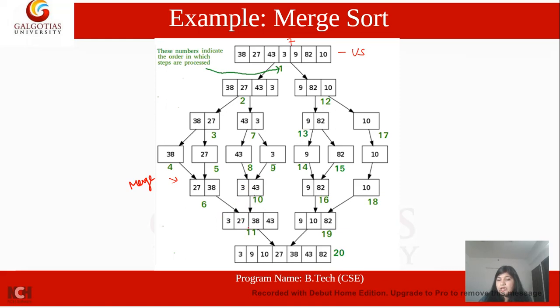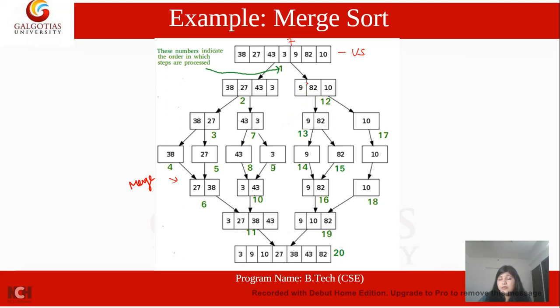Now in case of the 11th, before that we need to merge these 4, that means 2 sub-arrays. So again we need to sort these sub-arrays. So 3, 27, 38 and 43, that will be the order. So we will be keeping that in a sorted form, and then we'll keep this for merger with the whole array. Now we have to move to the second half of the array, which we have left over here,